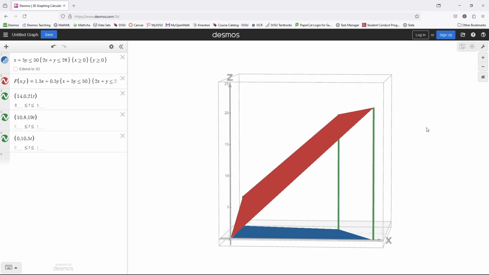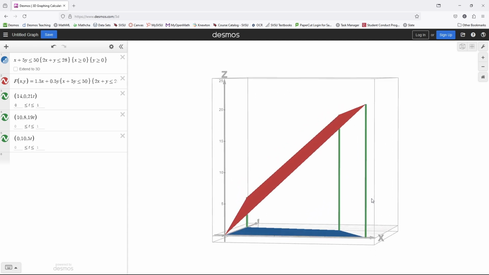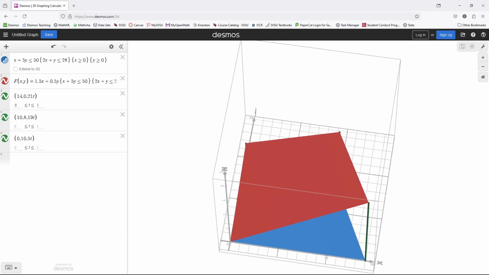Now, why is that important? Because normally we can't graph in 3D by hand. And if we're working with something, and don't have a graphing calculator on us, we're going to want to do this by hand. But from this, the rationale to do it by hand is you start,